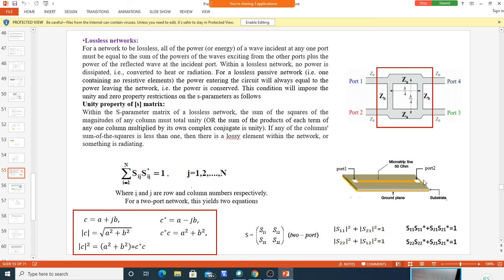What is the power outgoing here? That is S21, the magnitude of S21 squared. What is the reflected wave coming here? That is the magnitude of S11 squared. So reflected power coming here and outgoing power here, you add the two, that must be equal to 1. Okay, that is 1 watt. Usually we take the normalized value as 1 watt. Then this is a lossless network, no power is dissipated in this network. So like that you can come to know whether it is a lossless network, by doing this test. In the next class we will continue this.